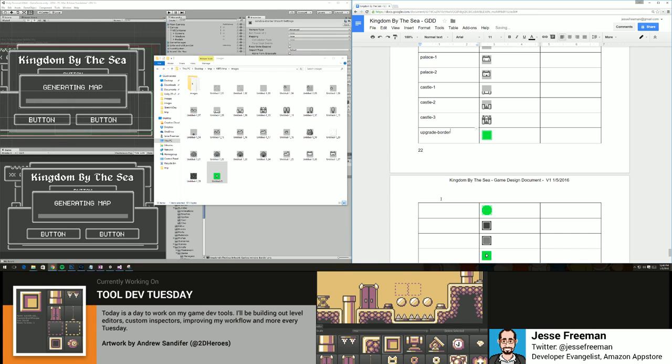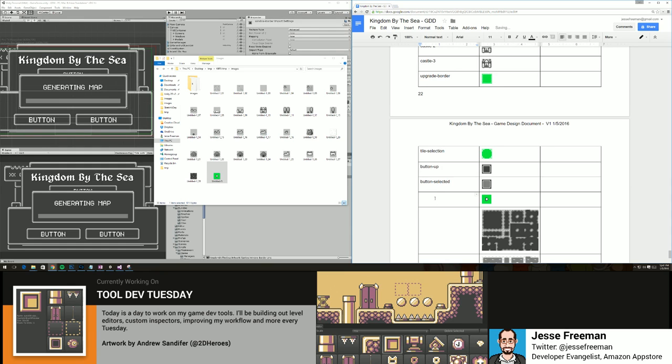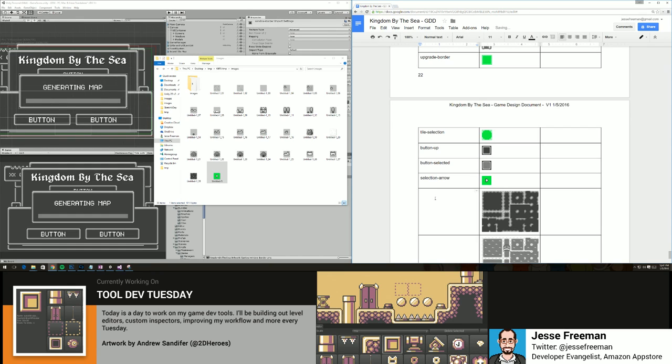border. This is the tile selection. This is the button, button up. Button selected. Selection arrow. Fog